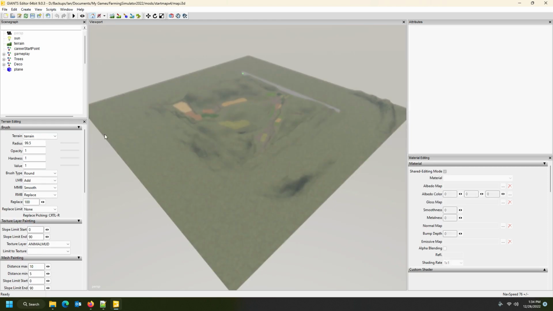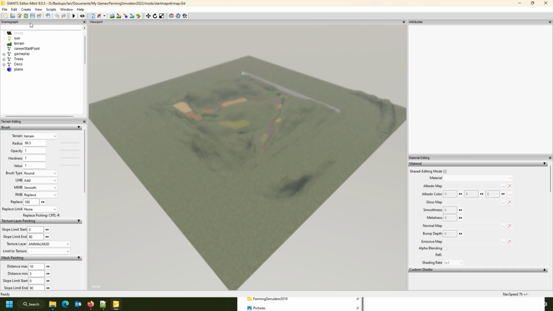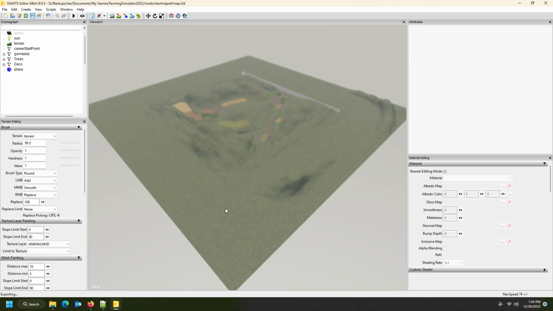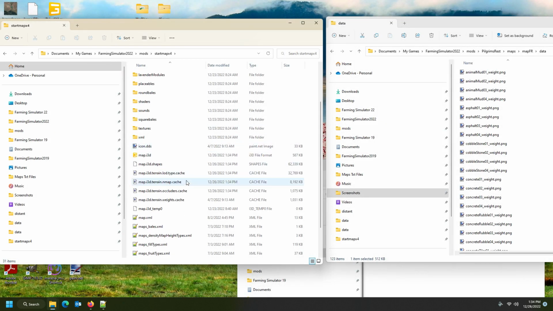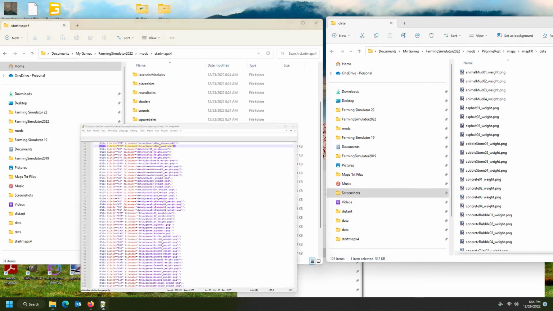Okay, there you are. So now, once you've done all of that and the whole map is done, you go File, or you can just save your map like so. Just make sure there's no errors before you do that final check for the last save. Now I can close it, and then lastly you have to open your i3D